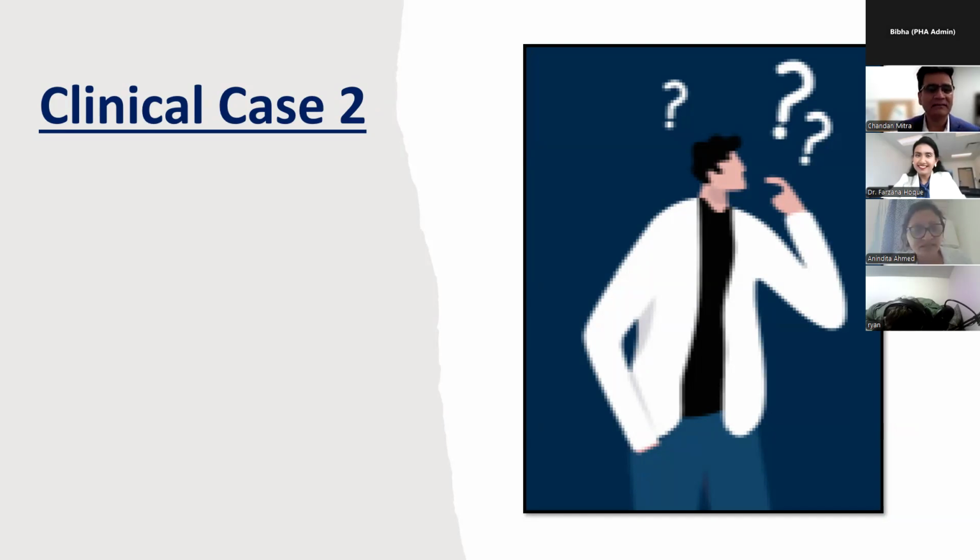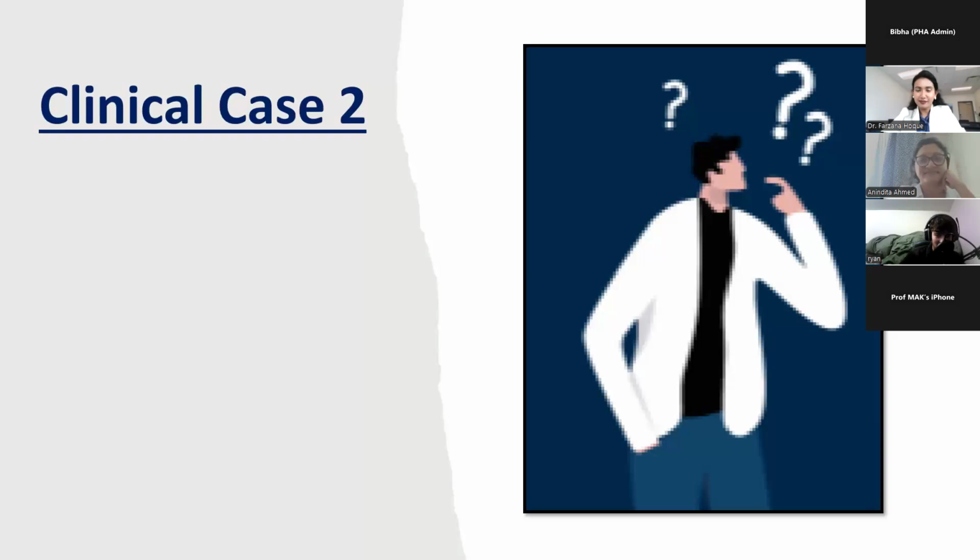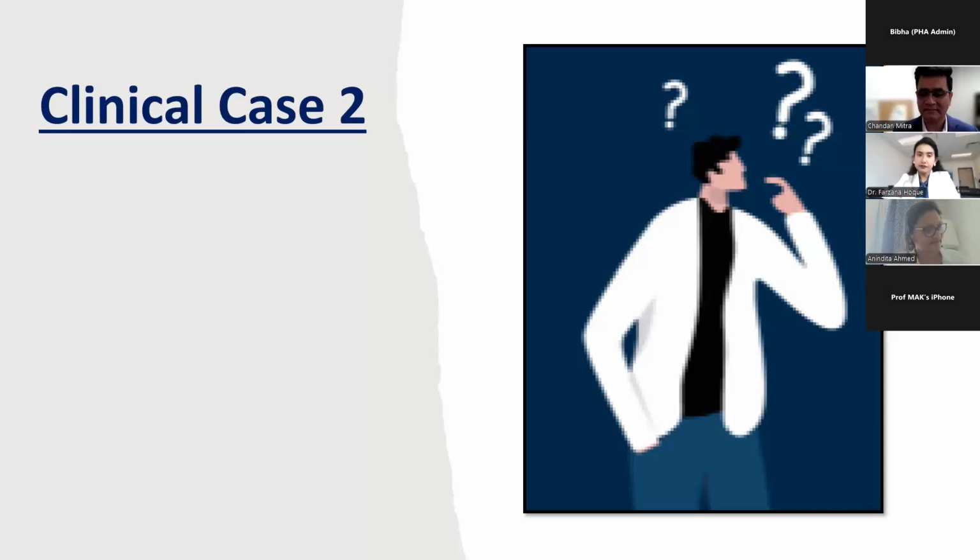I would like to invite Dr. Azad to talk about this clinical scenario. If you can share some thoughts, what should be the next step, what do you think about this case, and how we should manage it. Dr. Azad? Assalamualaikum. Waalaikumsalam. Thanks a lot. This patient presented with the complaints of a stroke, and was treated with plasminogen activator, and developed angioedema, swelling of the face and lingual swelling.